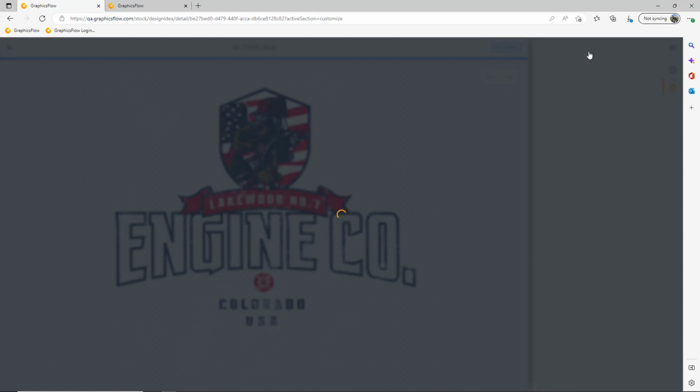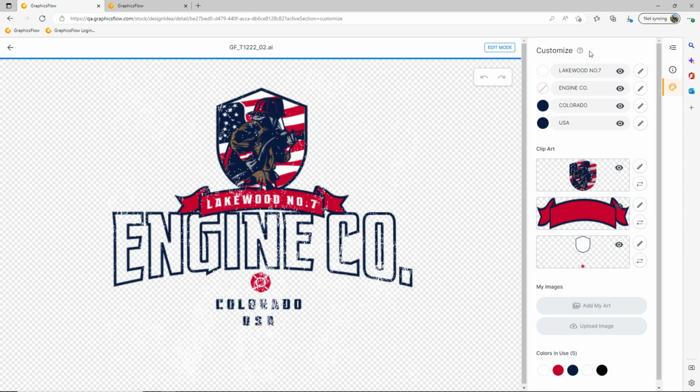Simply click on Customize to begin the editing process, make the changes, send it to the client using the art approval